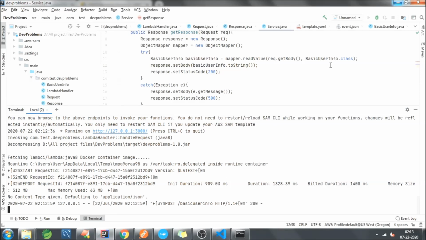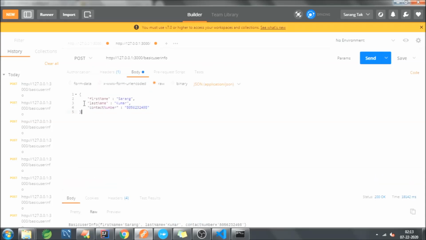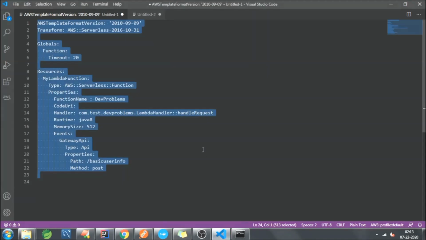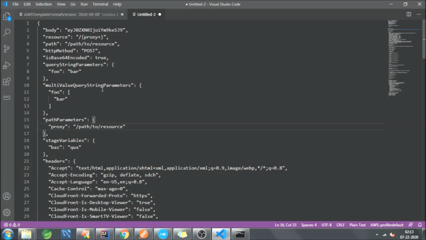Now you might wonder that in this file I have provided the input in a stringified form, but here I'm not providing it as stringified, I'm providing it as JSON. So what is the reason? The SAM CLI assumes that your Lambda is a Lambda proxy. When it's a Lambda proxy and you try to access the Lambda through an API, your Lambda will get the request in this format. This is the format the request will go into your Lambda if it's a Lambda proxy, and by default AWS SAM assumes that it's a Lambda proxy.